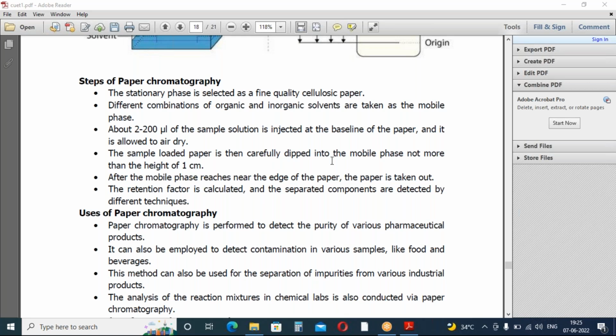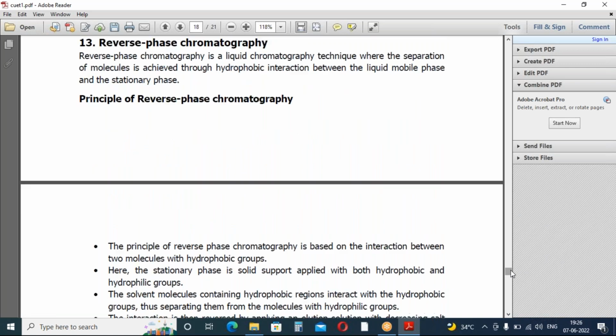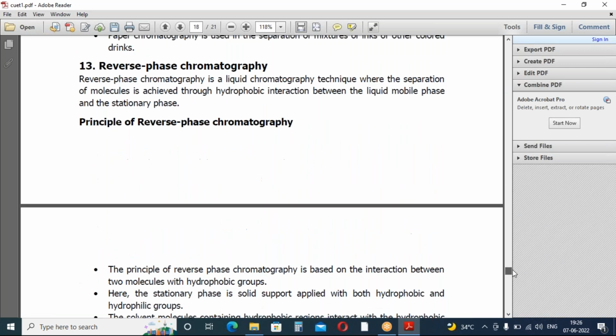And what are the uses? This is mainly used for the detection of purity of pharmaceutical products, for the detection of contaminants, for the separation of proteins, for the separation of impurities present in the mixture, and also for the chemical molecules that are present in different samples. For analysis, this paper chromatography technique is mainly used. I think you have done practicals regarding this paper chromatography. Okay, and next coming to the